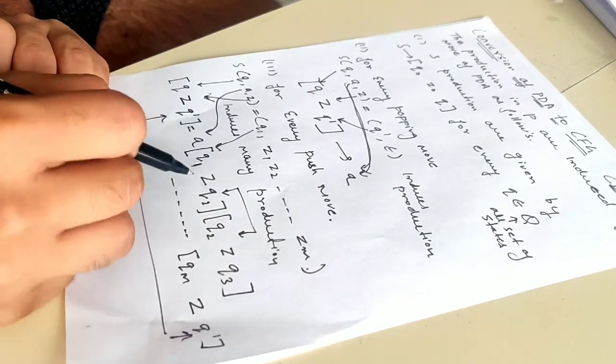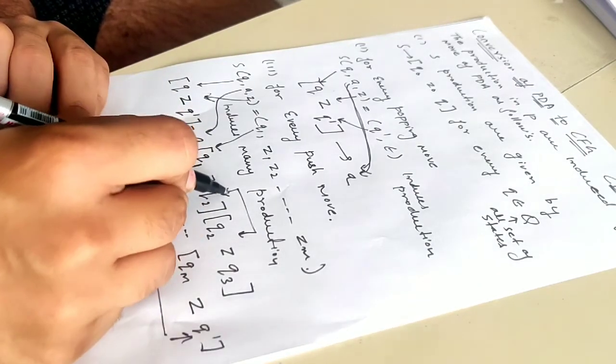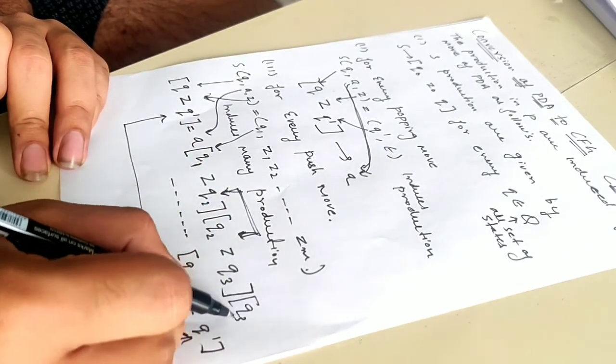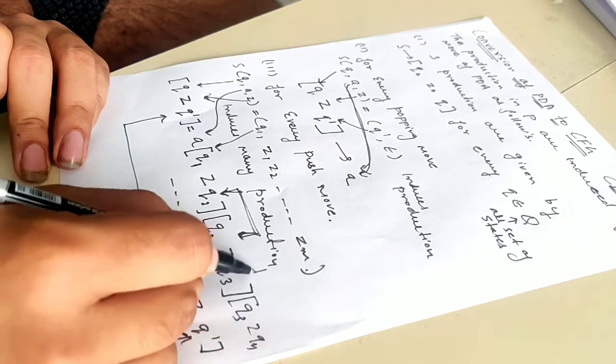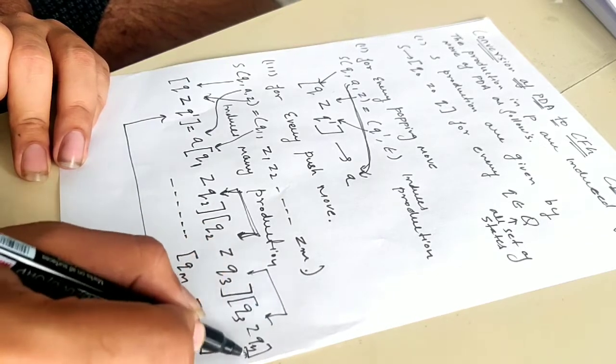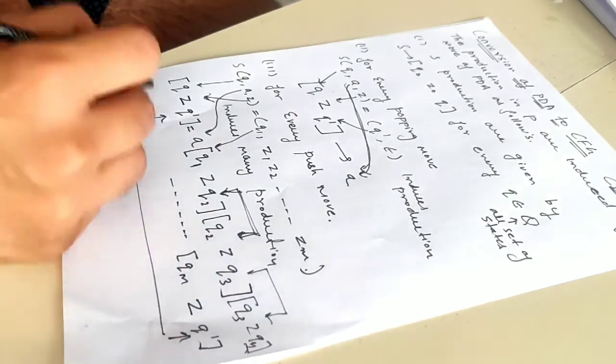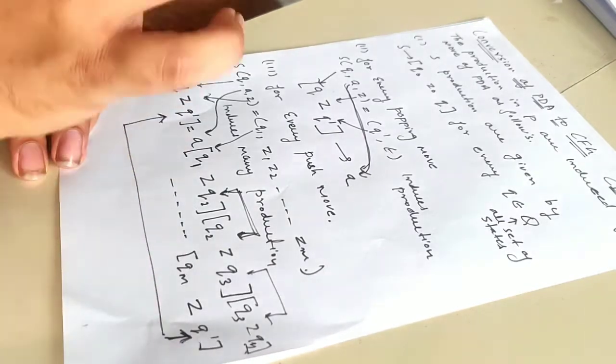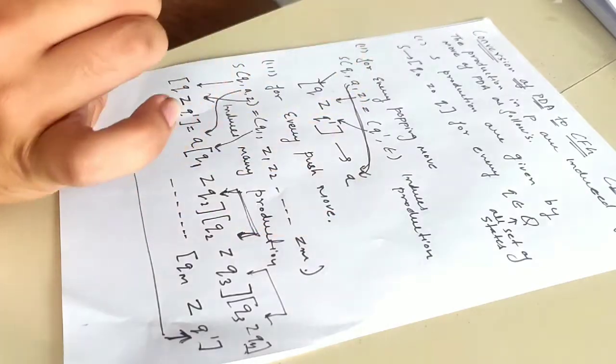Then here [Q1 Z Q2], and remember that these two will always be the same. Like if we write another one, like [Q3 Z Q4], then these two states will be the same, till [Qm Z Q'], and this state and the last one will also be the same. So we'll follow these three rules to convert the given PDA into a CFG. So now let's solve an example.